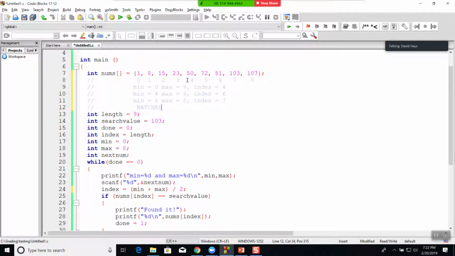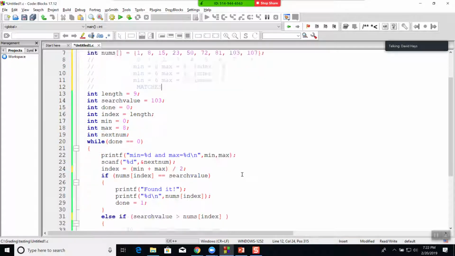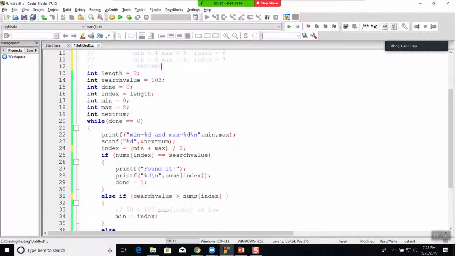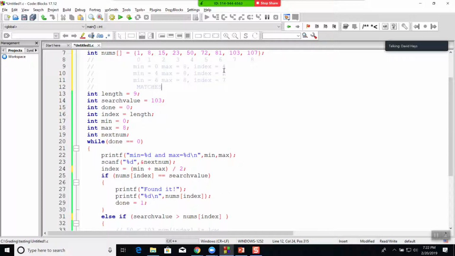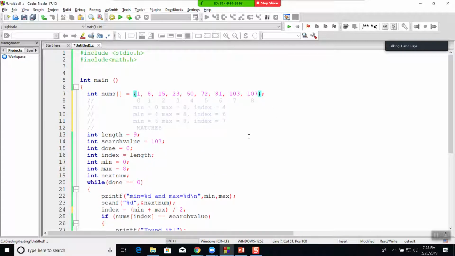Now, one thing has to be true on this, it has to be sorted. This does not work if it's not sorted already. You could do a bubble sort or whatever to do that, but it has to be sorted. And I'm not sure if I got this right or not, and the reason why I'm not sure is because everything came up nice with no decimals. So let me add another number on here,